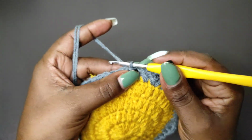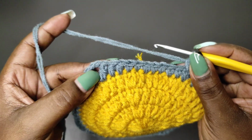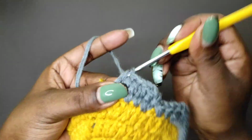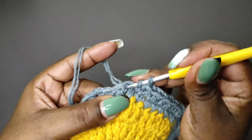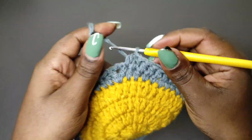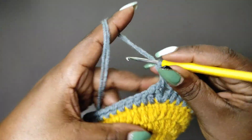to complete round 5, chain 1 to begin round 6, yarn over, go into that very first stitch with a half double crochet. Then we're going to work 1 half double crochet into every stitch until we get to the corner stitch. And that should be a total of 11 half double crochets before the first corner. Then into that corner we're going to work 3 half double crochets, 1, 2 and 3,